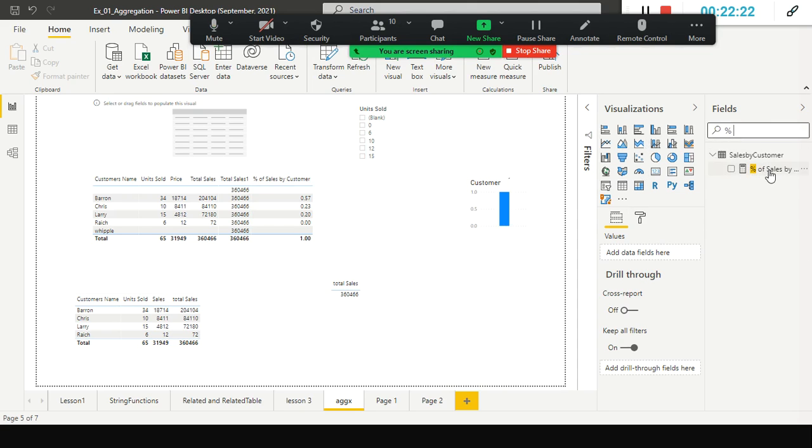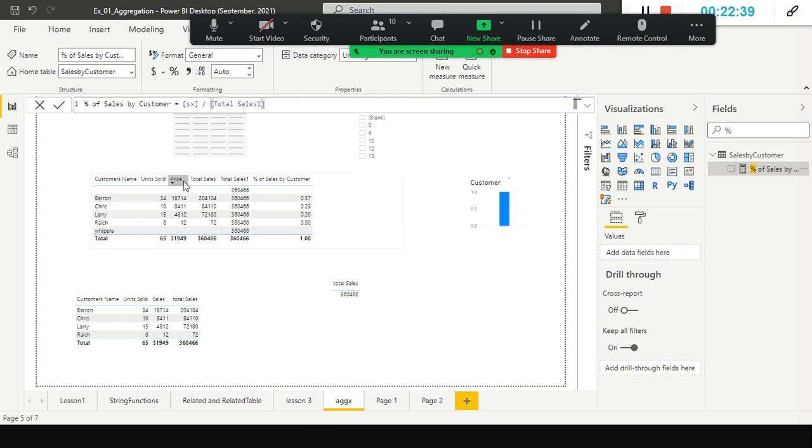Another measure. Here, this one is already split, but if I wanted to divide each row value by the total value, what will happen? Percentage of sales, right? I already created a measure using SUMX.